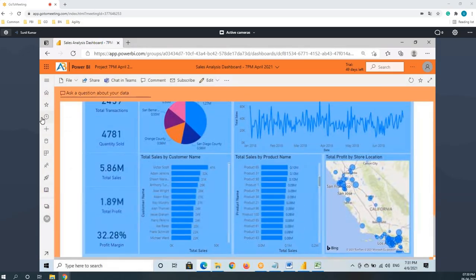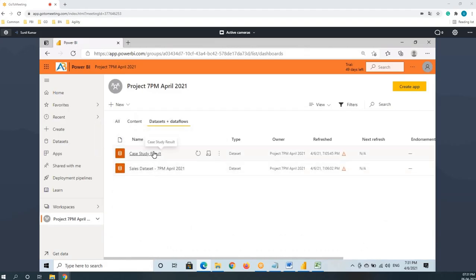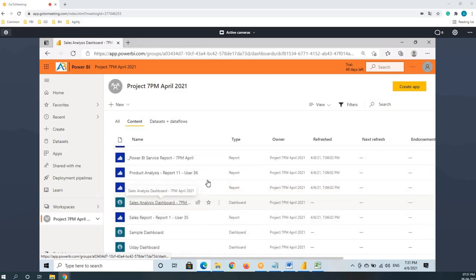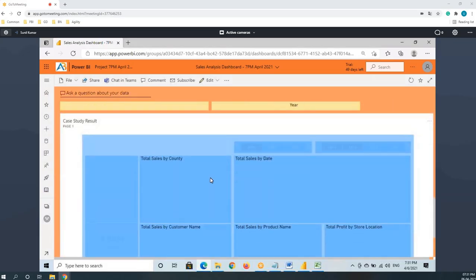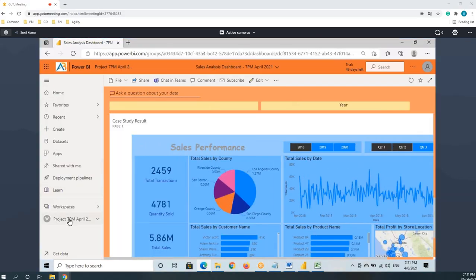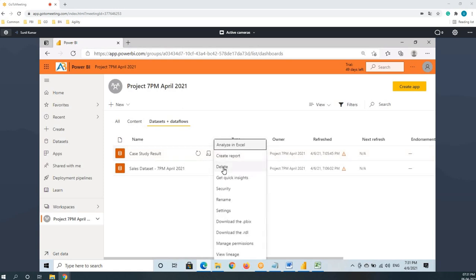Now, when I go and delete this data set, what happens to this report? It will be deleted. What happens to this dashboard? In the dashboard, which one will be deleted? This complete page which we pinned will be deleted. Visuals will be deleted, not the complete dashboard. Let's see that. I'll go here, just click on